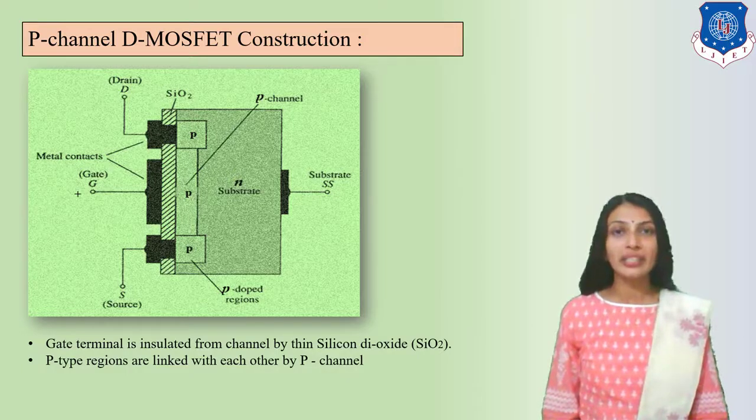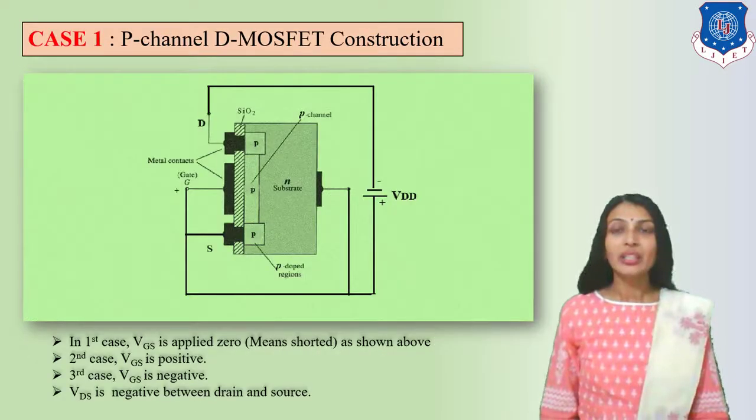So, we can explain the cases of the working: Case 1, 2 and 3. We will always connect the reverse bias to the gate terminal. Okay. So, let's do this working as per the construction and with respect to the cases. I will start with case 1, in which I will apply the positive battery terminal at the gate. If there is no gate voltage, there are no free majority charge carriers in the channel.